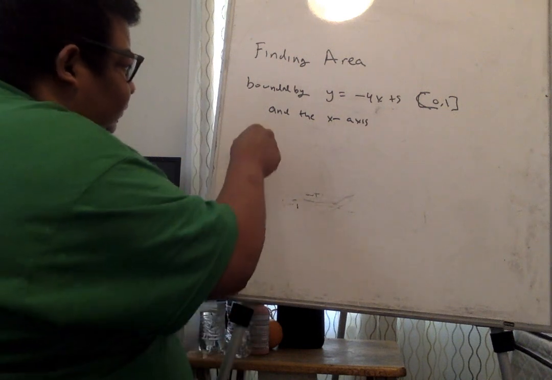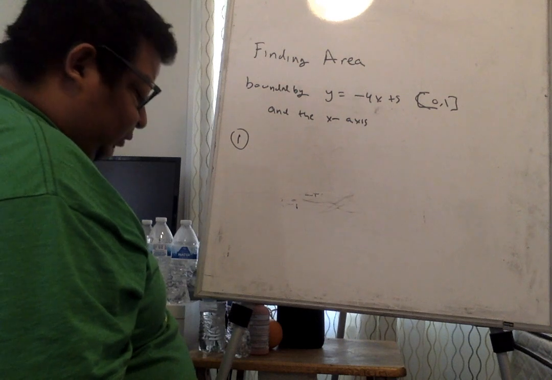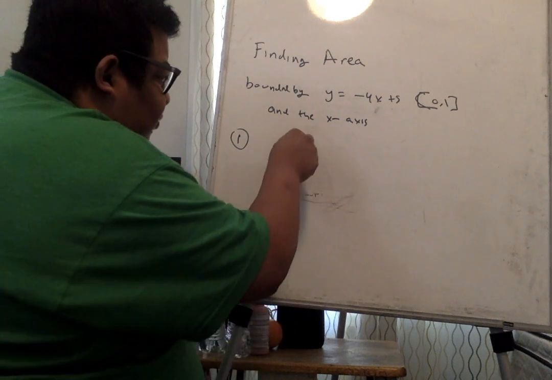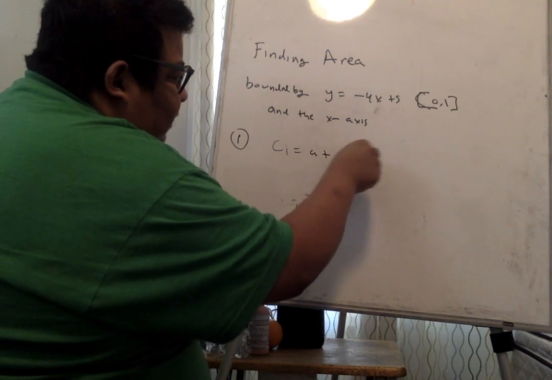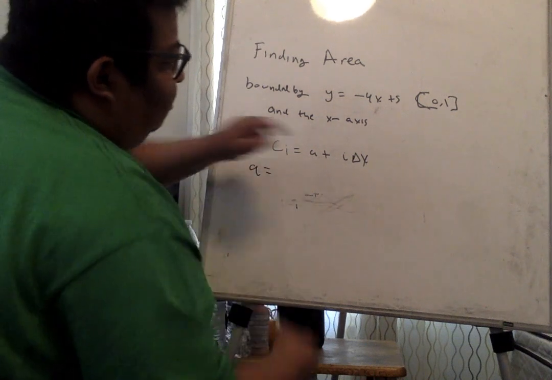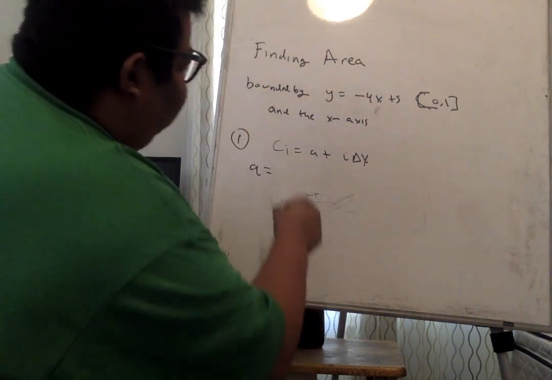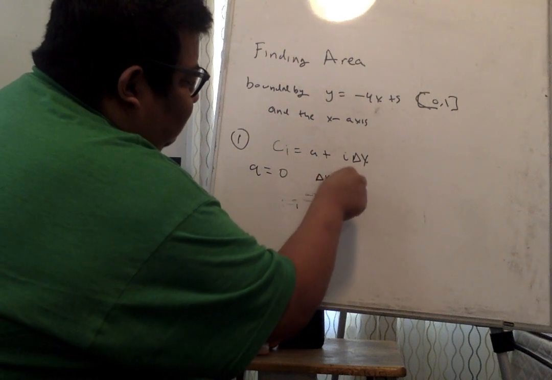5 on the interval 0, 1 and the x-axis. So the first step is to find your endpoints and your xi. The way we do it is like this. We let xi equal a plus i delta x, where a is equal to your left endpoint, 0, and your delta x is going to equal